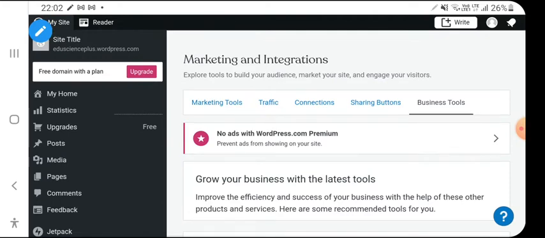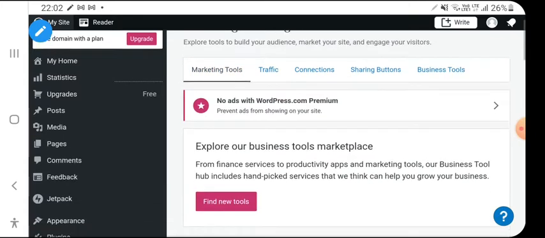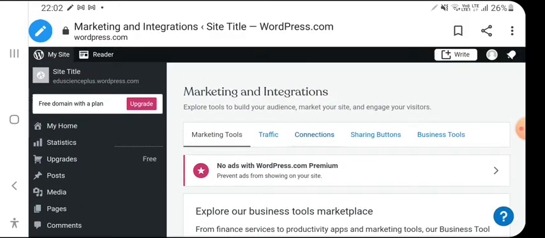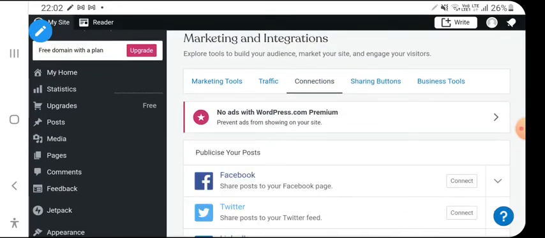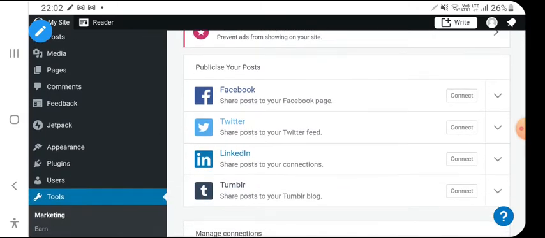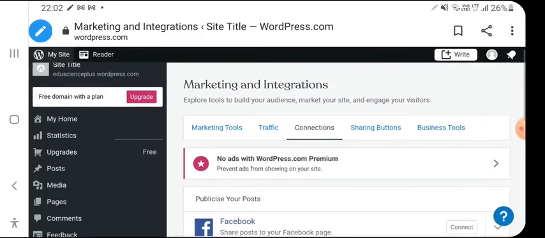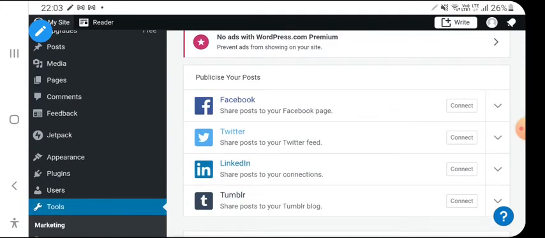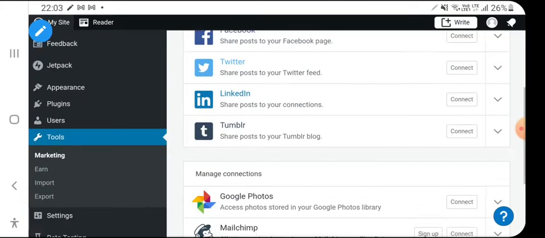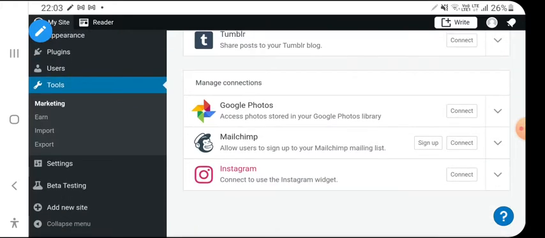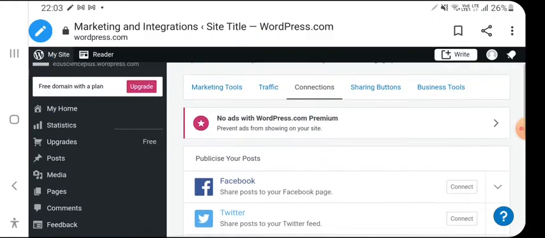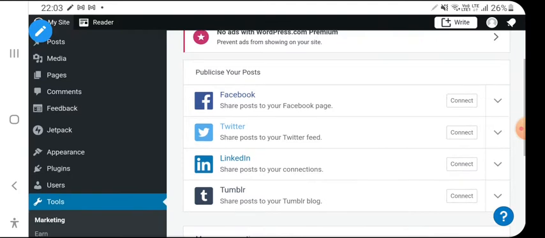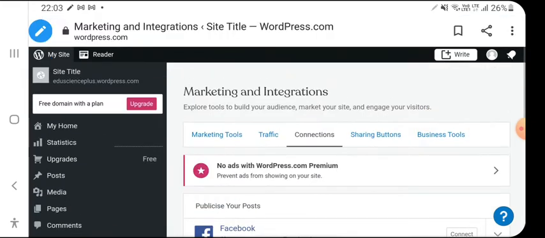Now first we should see the marketing tools. There are connections and publicize your post. This is a nice feature: you can connect with Facebook, Twitter, LinkedIn, Tumblr and other social media, Instagram, Google Photos. So this is a good one, that we can link with Facebook and Twitter and different things.